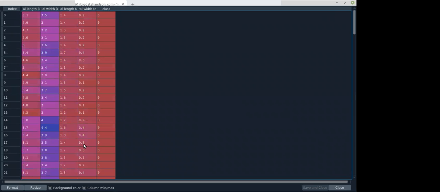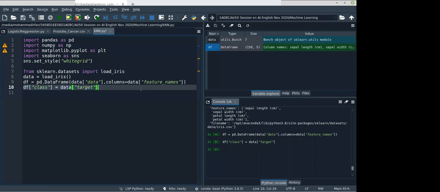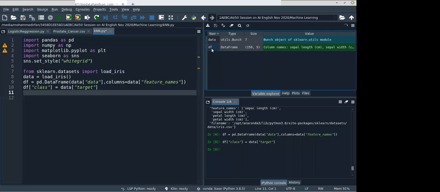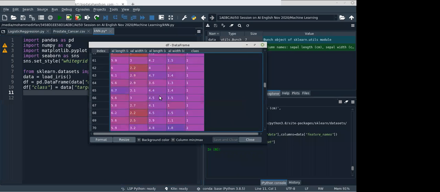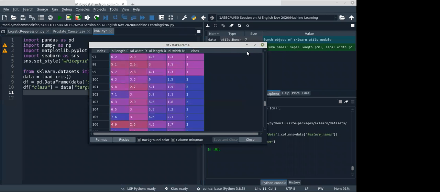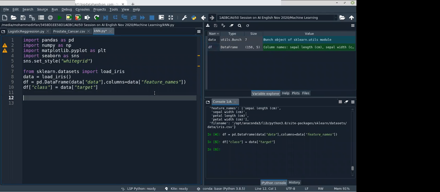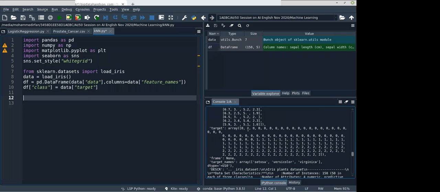Okay, now we got the data frame, and then it's time to pre-process the data. So here you can find no NaN values, no empty values. So we can skip the step. We don't have any categorical type of data, that's already encoded, right? So we have 0 1 2 only. So now what we need to do is, we need to split the data into x and y, that is independent variable and dependent variable.